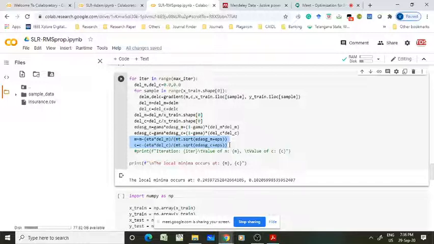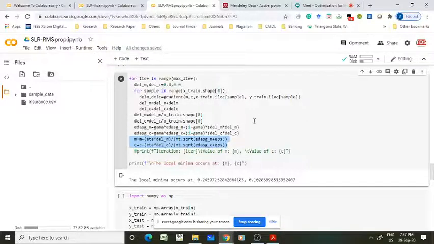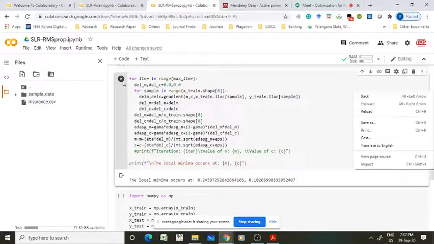So you may go with some mini batches because you have 1204 samples in the data set. Now I am considering all the samples as a single batch. So you can tune your batch size also. That means if you choose batch size equal to 1, that will look like stochastic gradient. If you choose batch size equal to 1204, like this one, this is called the batch gradient. You can choose some value in between, like 16 or 32. Then you can try multiple ways to see which batch size gives the better result for your problem.